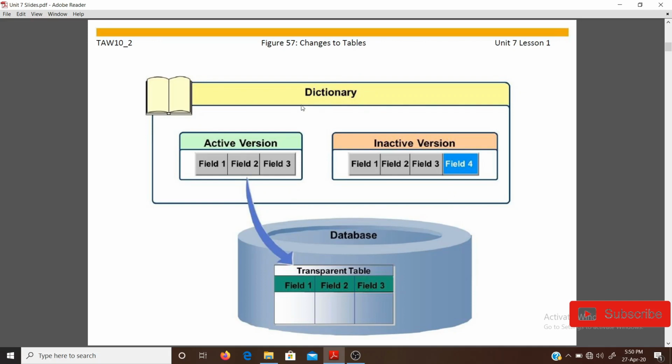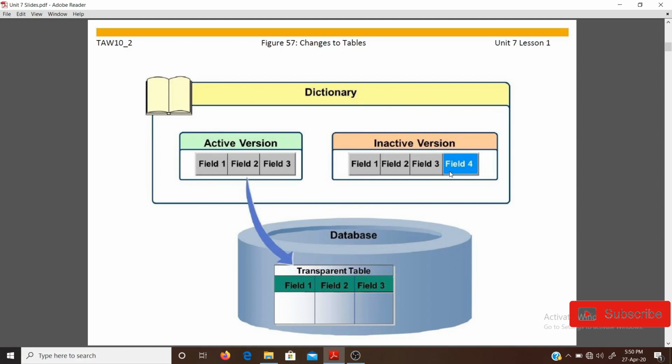As you can see in this figure, in the dictionary we have the active version of the three fields, field 1, field 2 and field 3. So the structure of these table fields is the same in the database structure. Now suppose we are adding another field in this dictionary, field number 4.